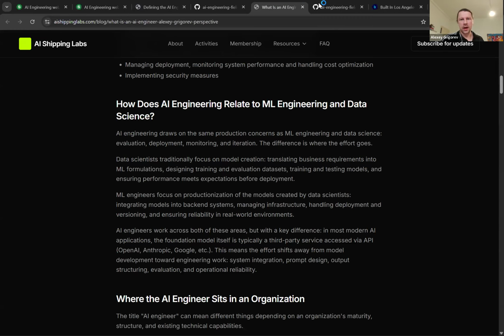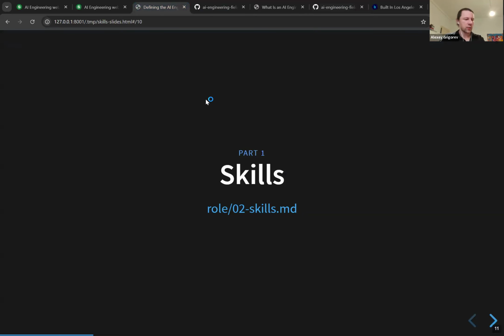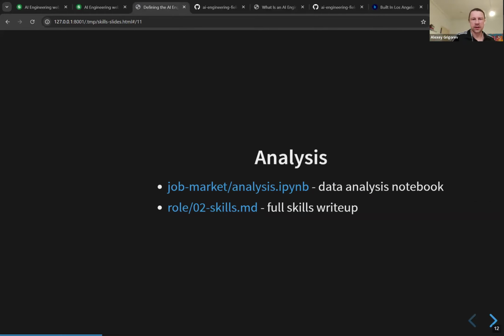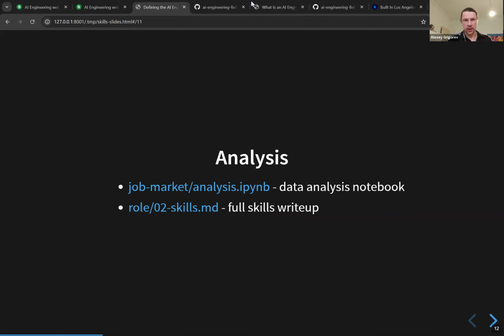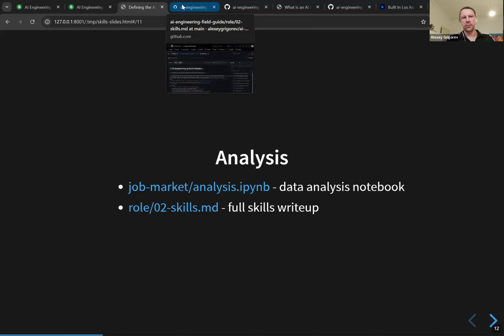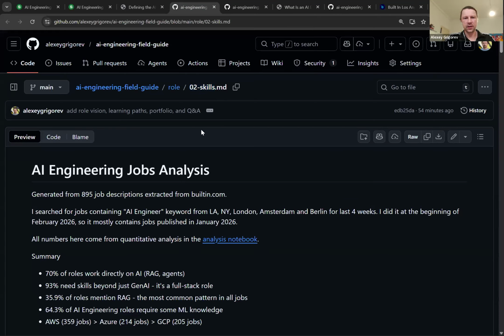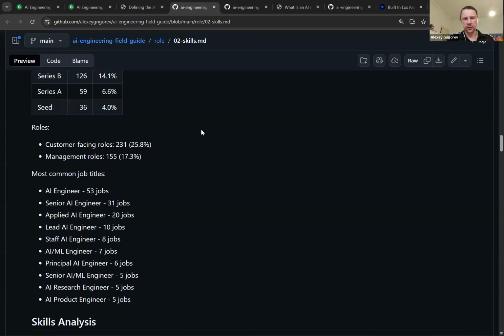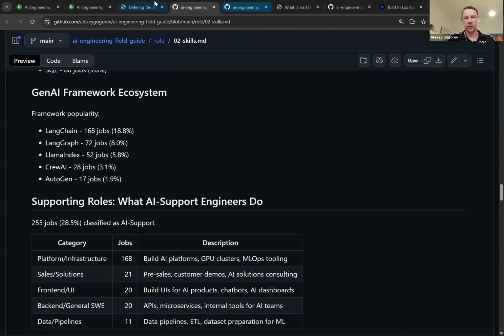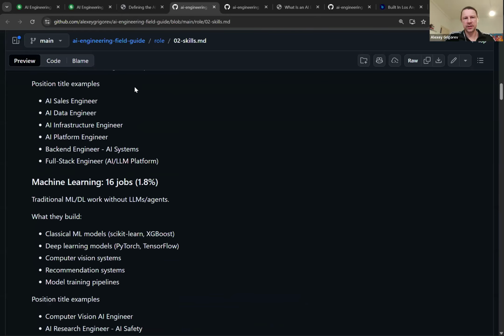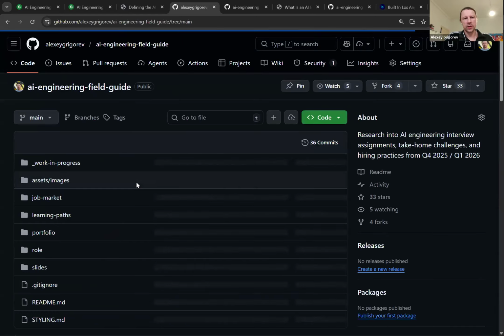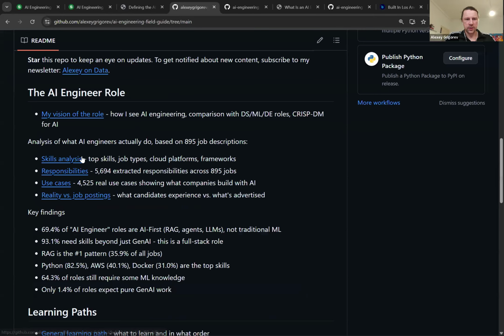We're just getting started. I described the background, but now I want to show what I actually found out. This is, I think, the most important part: what kind of skills are required? I already showed you the Jupyter notebook, but if you want to read it later, there is this skills MD file, which describes all the findings in Markdown format. Right now I'm showing you the slides, but this is the same, just in a different representation, right? Again, this is the link. The way you find it, you scroll down, and then you have this skill analysis and other things.